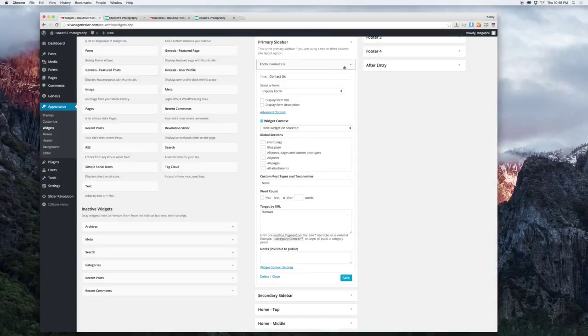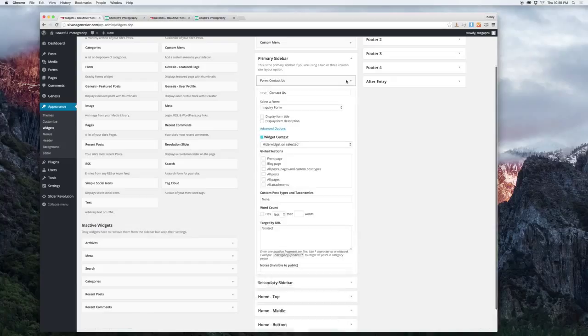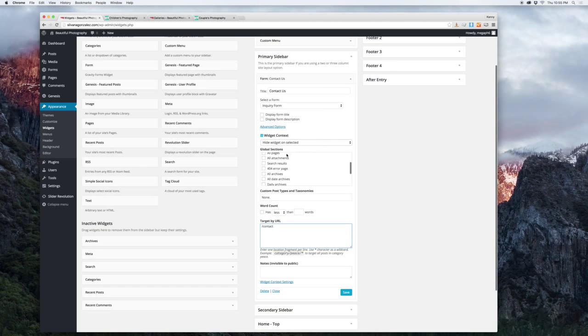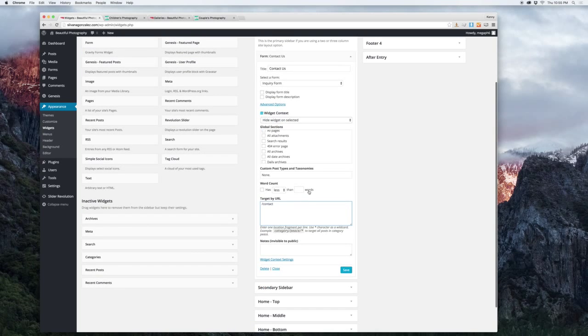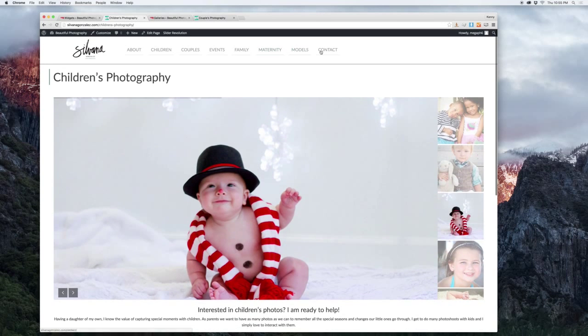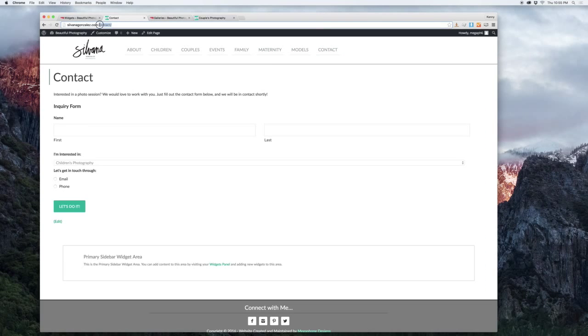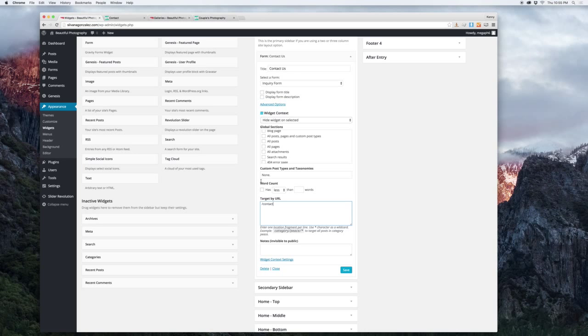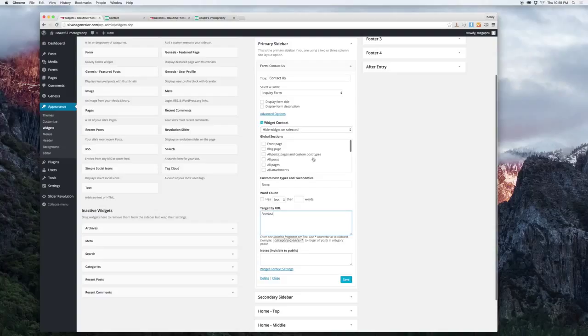And we can make changes to it as far as which page it appears on. And so then we have this widget context where we have it hidden on the contact page, the /contact, see there? So if you ever want to exclude it from a page, then you go to that page and you just copy the little end part of the address, paste it in there, and it won't show up on that page anymore,